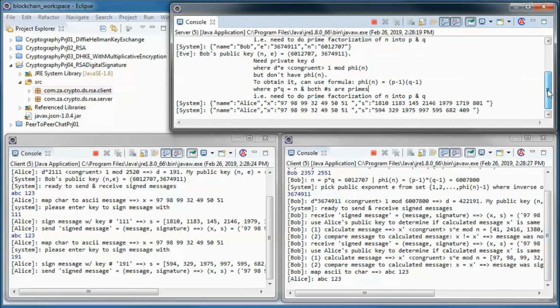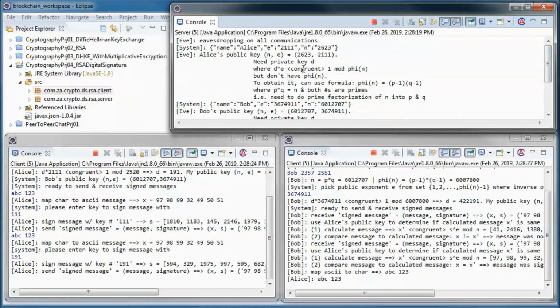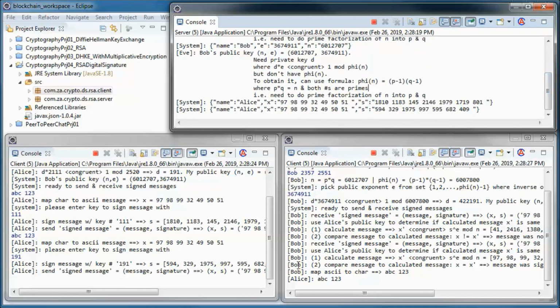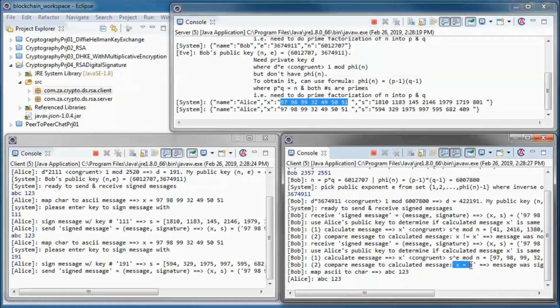And for Eve to change the message, she needs to have access to Alice's private key and Bob's private key. Otherwise, if she did change x, then x and x prime would not match. So we do have message integrity since the message was not changed in transit.